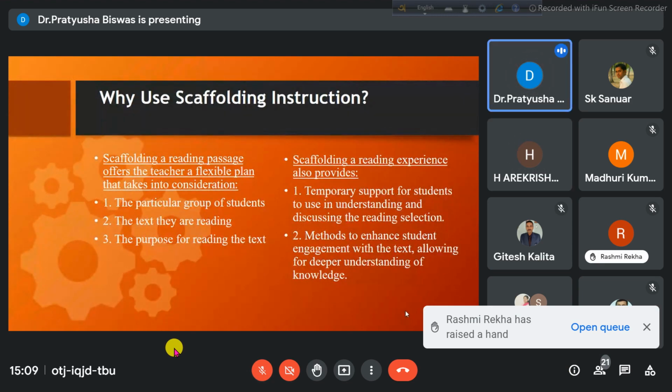Yes. So as I told you, if you want to use scaffolding instruction in a classroom, what is the first point that you feel would be your target in terms of making your child adapt to scaffolding? If we are using scaffolding instruction as a tool, what will be your first focus as a teacher in your student? What do you want? The first point which you feel is very important for scaffolding instruction.